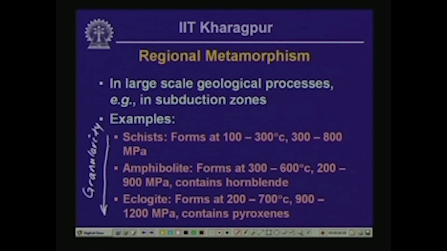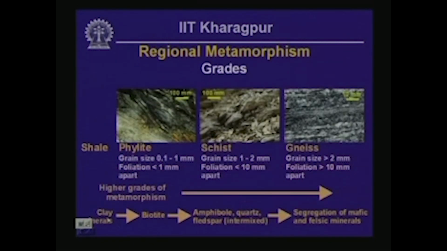Granularity increases with grades of metamorphism in this case. Okay. Now, this particular cartoon actually shows the grades of different metamorphic rocks that we already have discussed. So, we begin with pelagic rocks such as shales, and then we move on to phyllite, schist and gneiss with